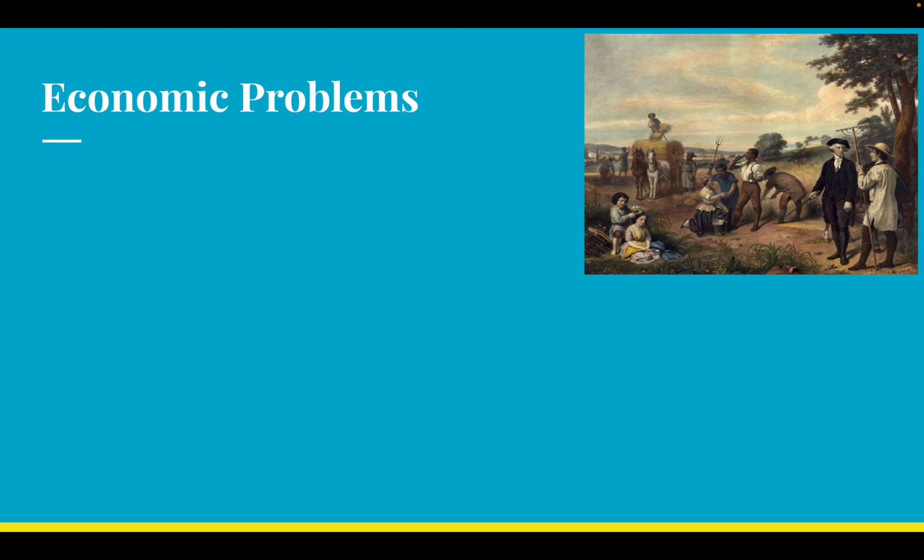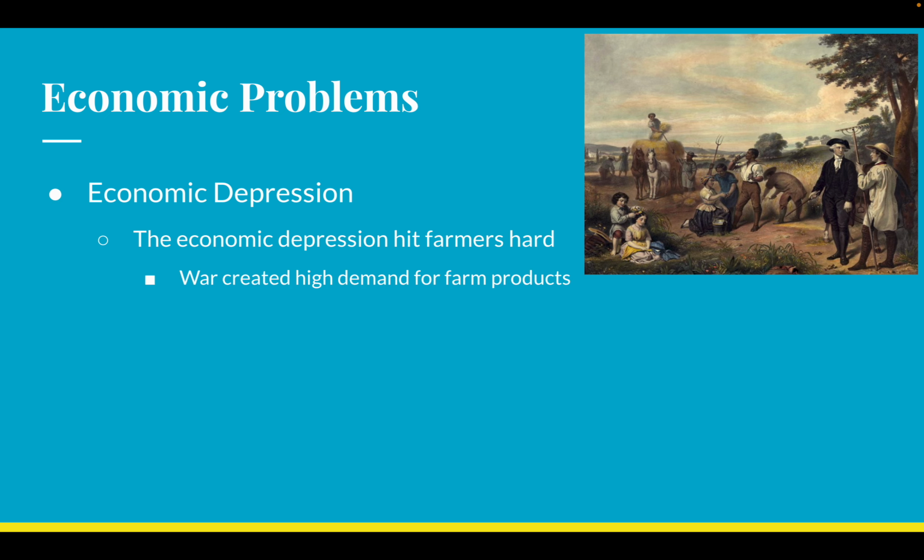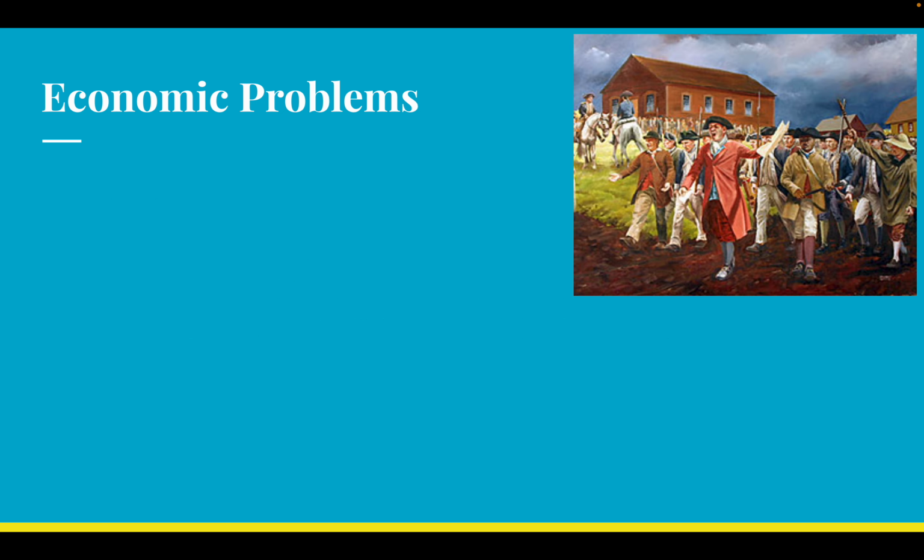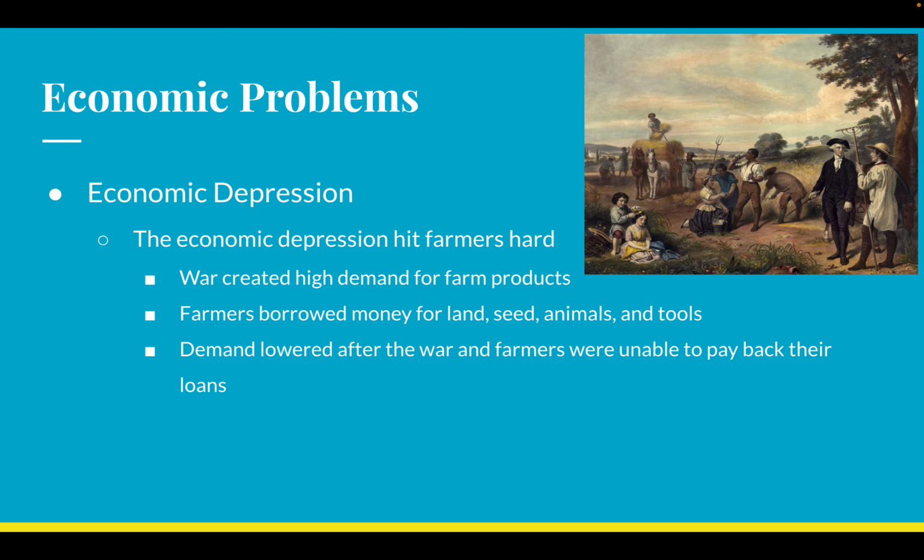Now, these ordinances are going to make some money, but it's not going to be enough. And because it's not enough, we're going to see an economic depression. Now, a depression, in economic terms, is when the economy is getting depressed or pushed down or slowed or made smaller. So an economic depression, kind of like an economic recession, is when the government does not have the ability to keep the economy growing or functioning at the same rates.